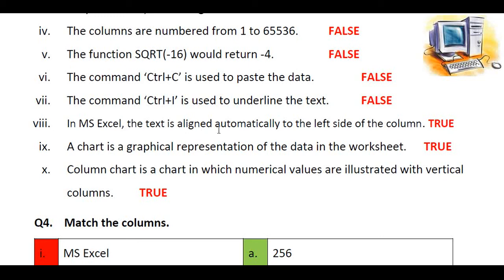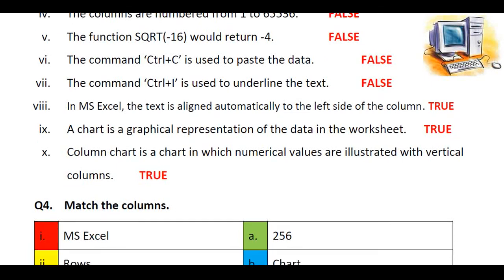Numbers are aligned to the right side of the column, while text is aligned to the left side of the column automatically, that is true. Ninth statement is a chart is a graphical representation of the data in the worksheet, that is true. Tenth statement says that a column chart is a chart in which numerical values are illustrated with vertical columns, so that's true.